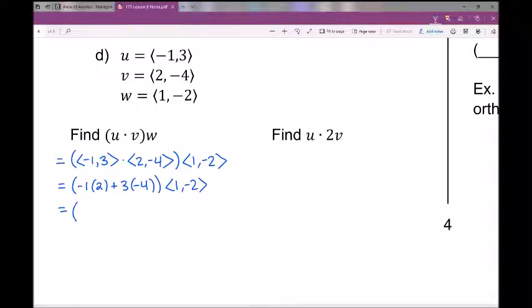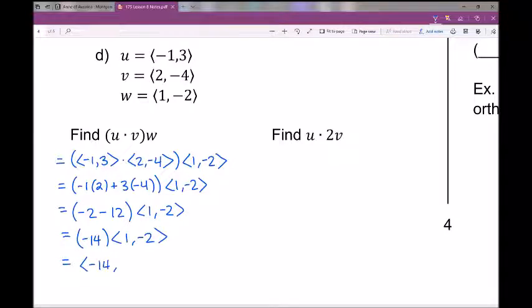So continuing with simplifying this dot product, we have negative 2 minus 12 multiplied by 1, negative 2. So negative 2 minus 12 is negative 14. And again, that's still being multiplied by 1, negative 2. So now what we have is that instance of scalar multiplication that we talked about in the previous video. So to do this, we just need to multiply each component of the vector by negative 14. So we get the vector negative 14, comma, positive 28. So that is how you would simplify this more complex